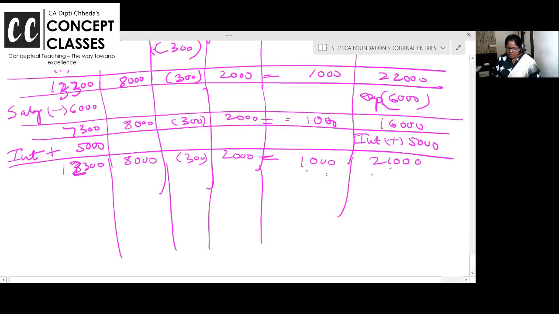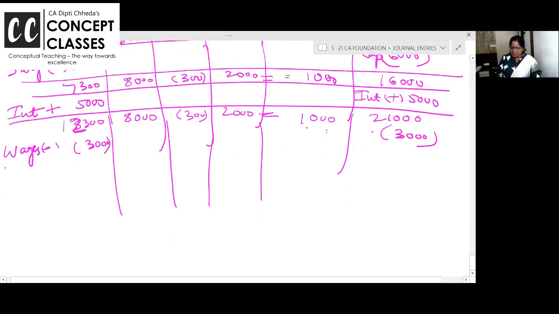Here it is 12,300, 7,300 plus you have received the cash, 12,300. Next, paid wages. Expenses are being incurred because of wages, your expenses incurred and capital is going out, so cash is